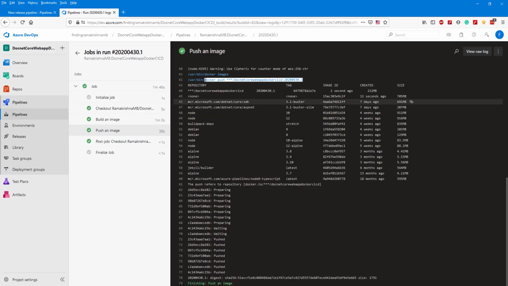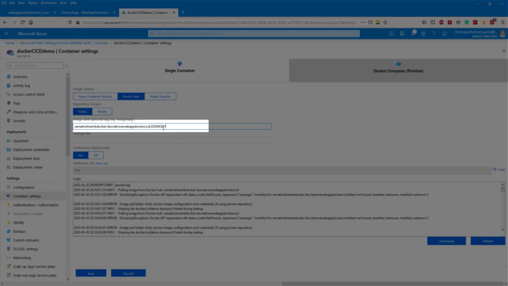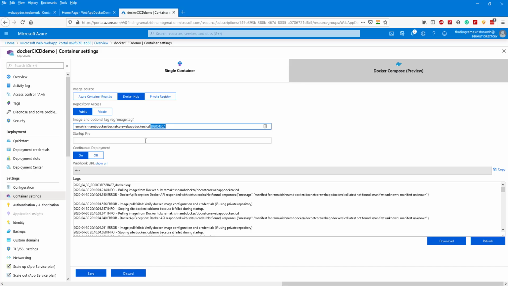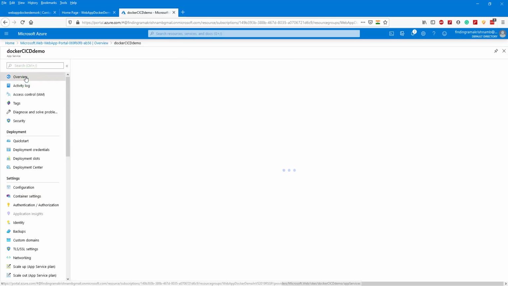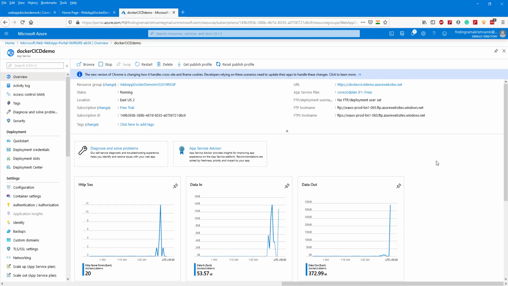Please note that if you don't have the tag in this image, then the site might not work until we create a release pipeline. It will work after creating the release pipeline, but before that it will not work.